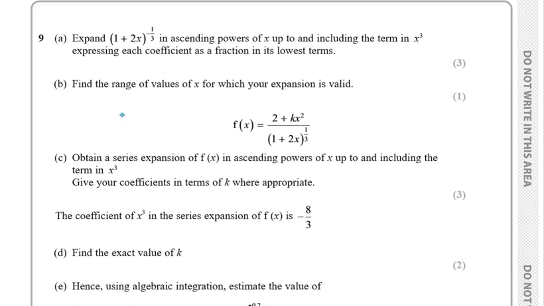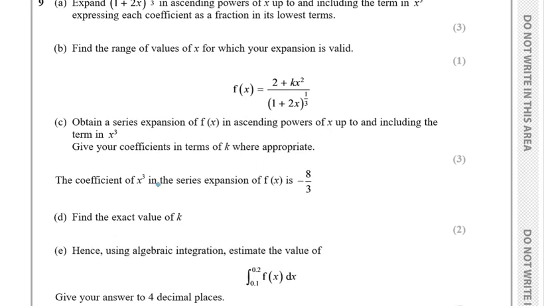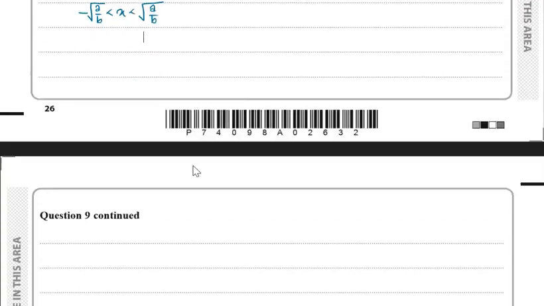Part C, they have given us f of x, which is 2 plus kx squared divided by 1 plus 2x to the power 1 by 3. They have asked us to obtain an expansion of f of x in ascending powers of x up to and including the term in x cubed, giving your answer in terms of k where appropriate. So for part C,